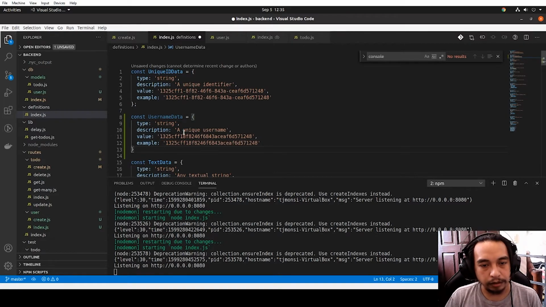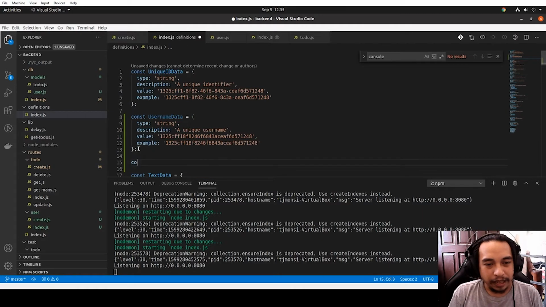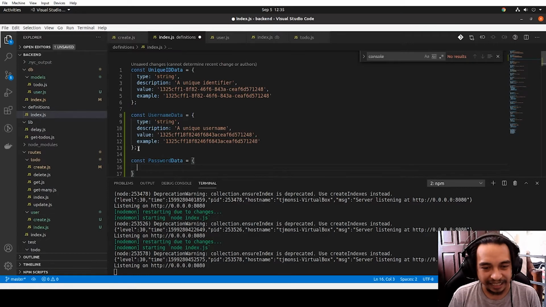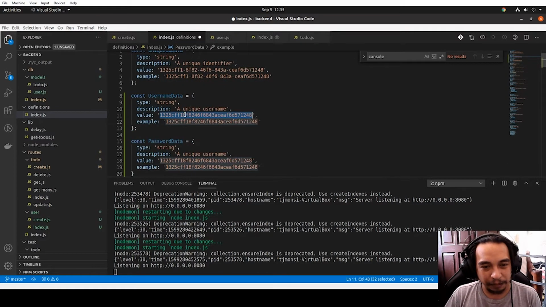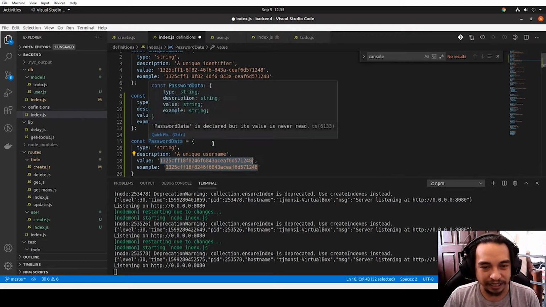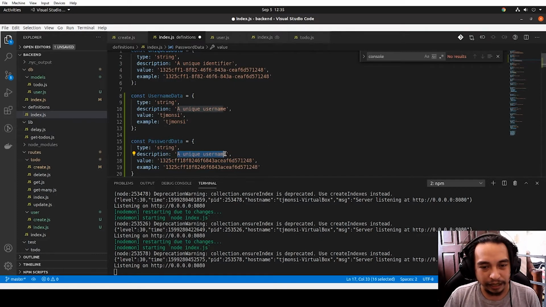So this is a unique username. My mind is racing towards using password data, and I'm already thinking about the password instead of the username. So let's just try my username, which is this one, and this is the password. This is password string,